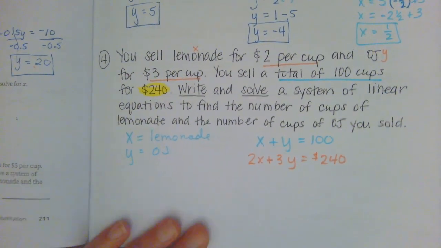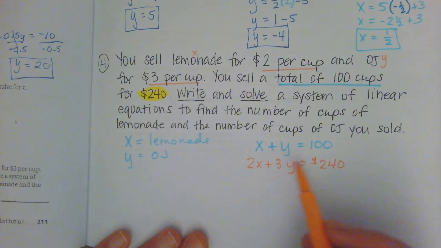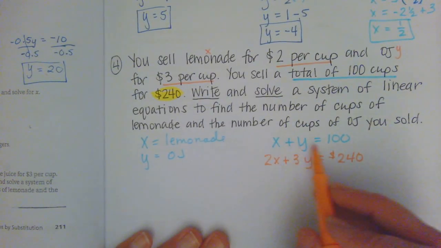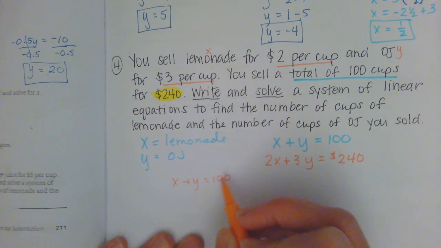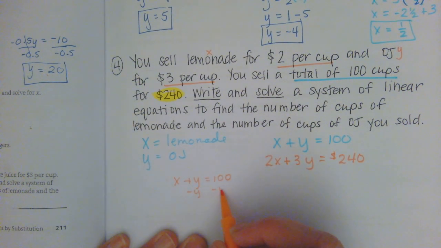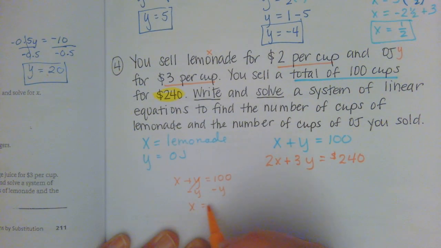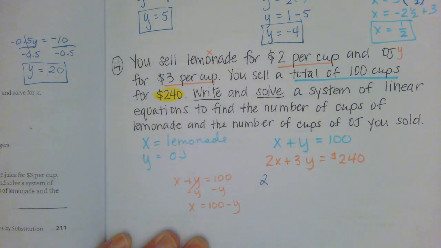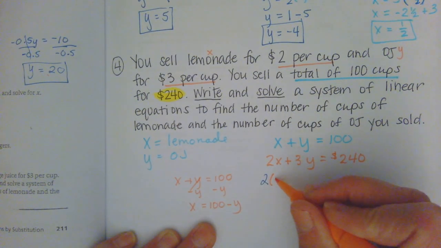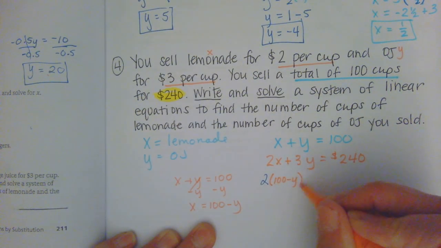Now, we're just going to go ahead and solve these. So let's say I want to solve for X first. So X plus Y equals 100. We're going to move the Y over. We get X equals 100 minus Y. So now let's put this in for X in this equation here. So let's do 2 times 100 minus Y